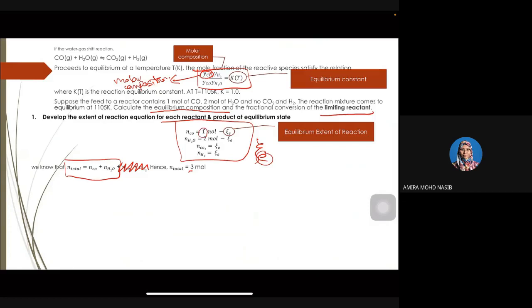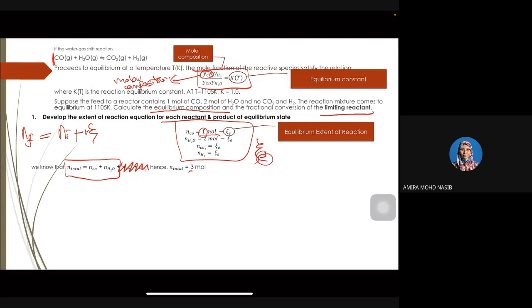Revise back the previous lecture where you want to find your extent of reaction. The equation becomes N final equals N initial minus v theta. Okay, so minus or plus. If minus, it means it is a reactant; if plus, it means that it is a product. Since it stated that for carbon monoxide we have 1 mole initially, I straightly put here 1 mole minus 1